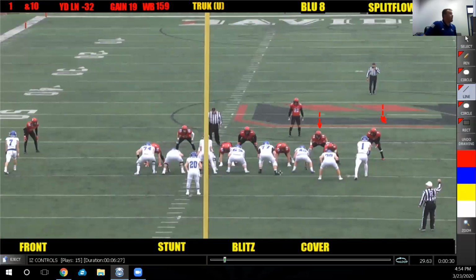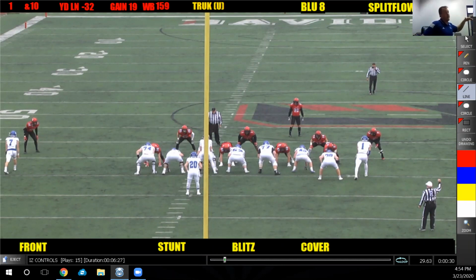So I want to run at them inside zone because I want to cut back. So I need a tight end here. If I'm going to have a tight end in the formation, then I need to know that we can work together a combo up to this linebacker. Now they're shifted over here, so it's a little bit different. But in traditional 4-3 defense, I want to run at the tight end unless I'm going to use another type of control for that player, so I can work my tackle and tight end up to him. Then I can basically work